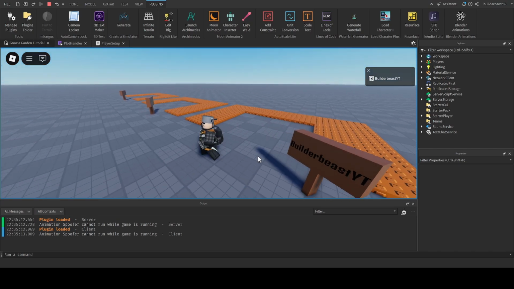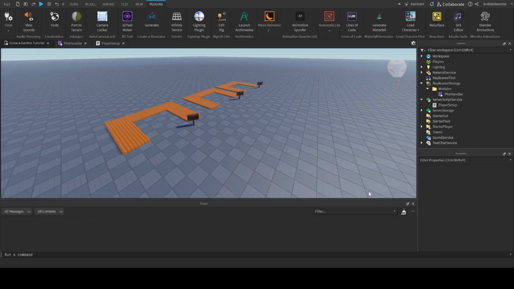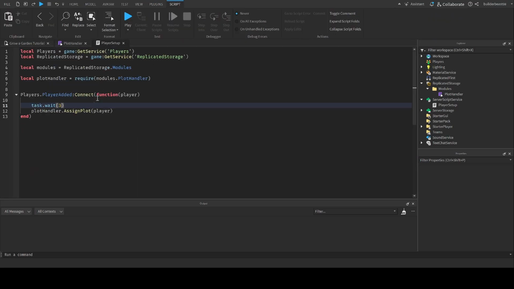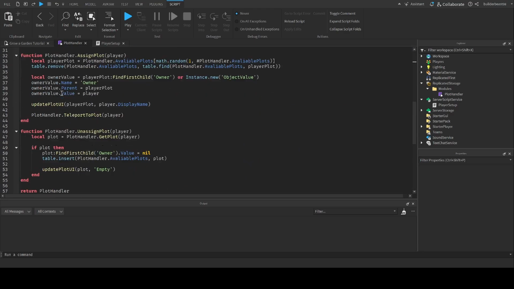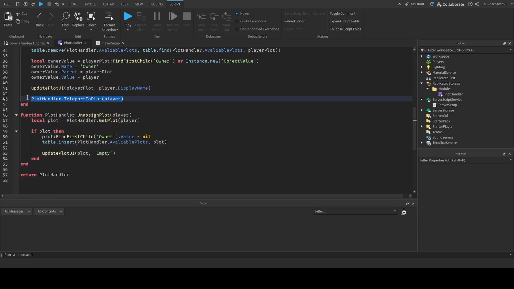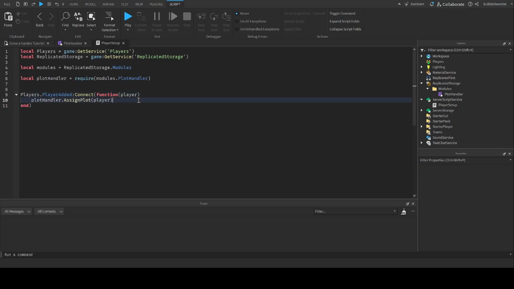There we go. And it picks them at random, so it's not always in order, which makes it look a bit better sometimes, in my opinion. Now, instead of waiting for this, what I'm going to do is remove this line right here that teleports you when you get the plot. And I'm just going to do this, and then I'm going to add